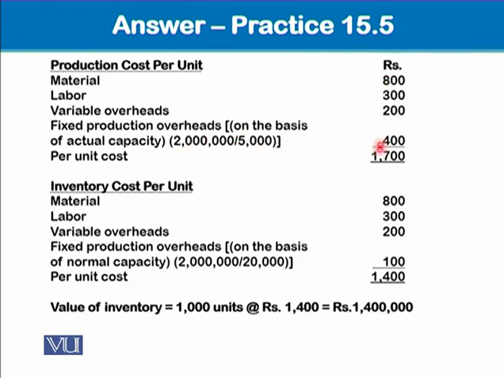So in this way, the cost of production per unit comes to 1,700. Whereas, according to International Accounting Standard, this fixed production overhead cost should be divided by